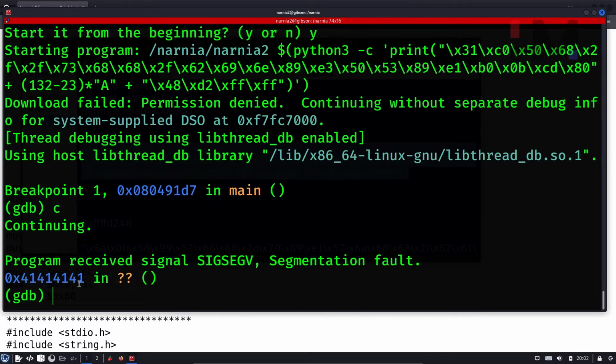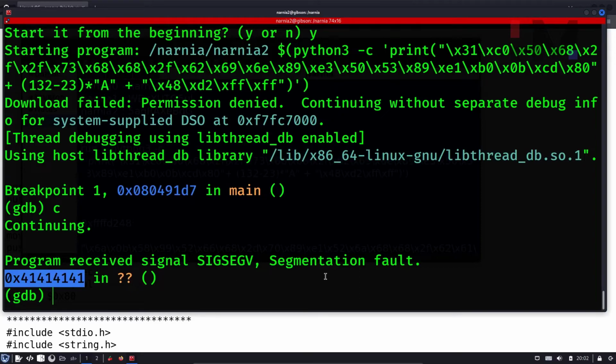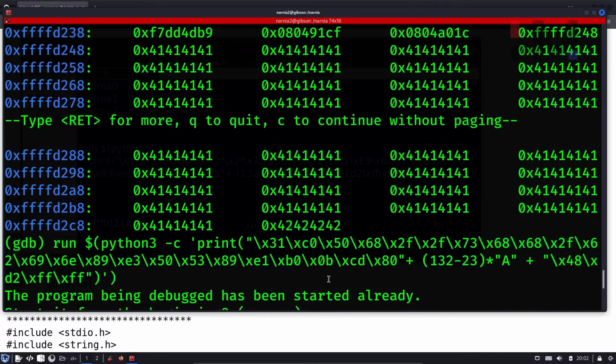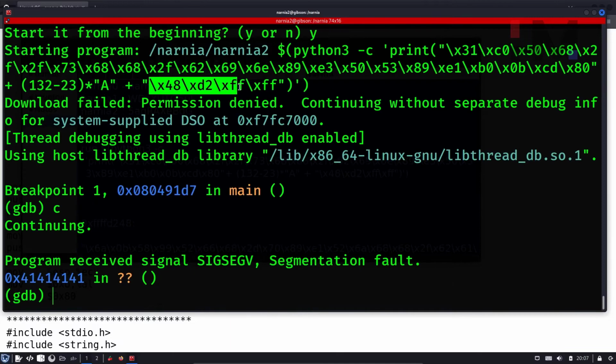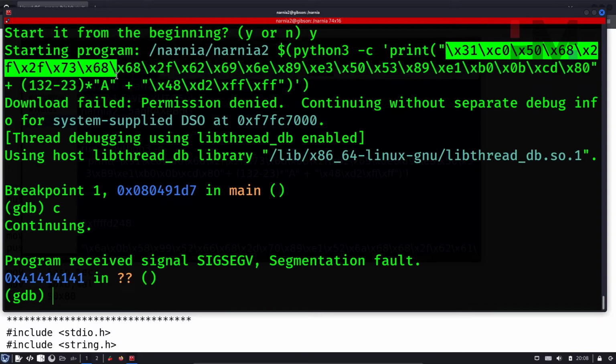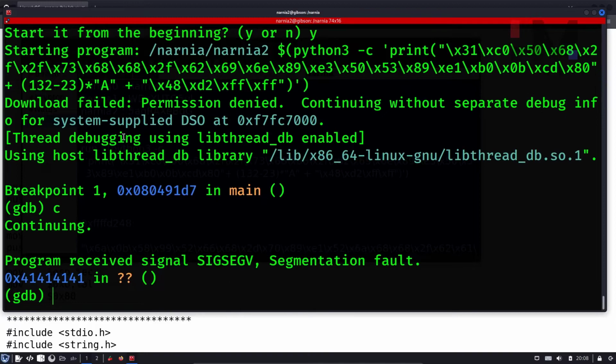As you can see, it is just pointing to 41414141, which is not what we expected. This particular return address that we have given is again pointing to a different address. So we don't want this to be executed as a part of this. What we want is for this shell code to execute. We don't know exactly where that is,